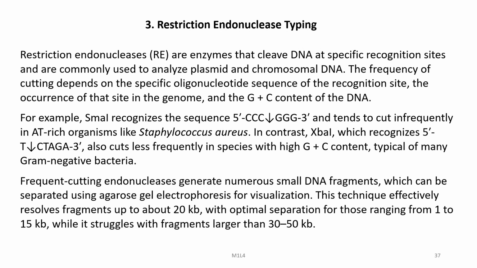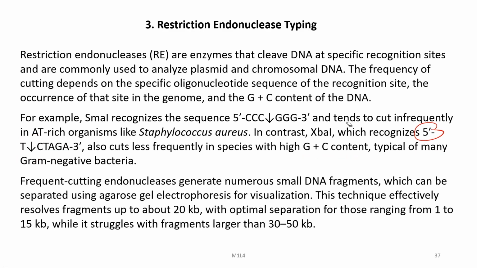For example, let us consider the case of SmaI, which recognizes this particular sequence, 5 prime to 3 prime, CCCGGG, and the restriction site is just in the center. And this tends to cut infrequently in AT-rich organisms like Staphylococcus aureus. In contrast, XbaI, which recognizes 5 prime to 3 prime TCTAGA and cuts between T and C, also cuts less frequently in species with high GC content, typical of many